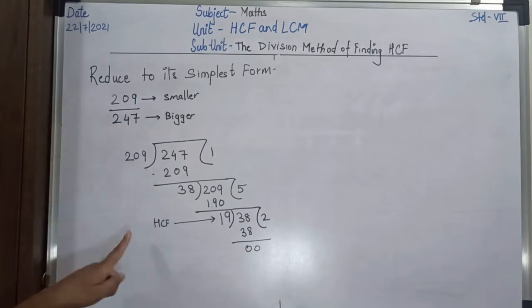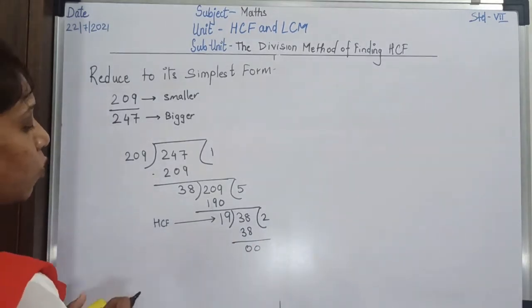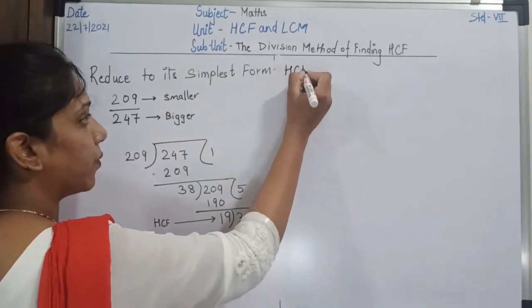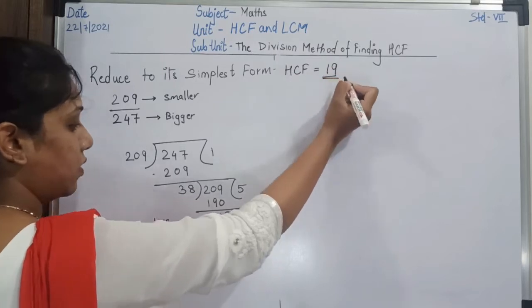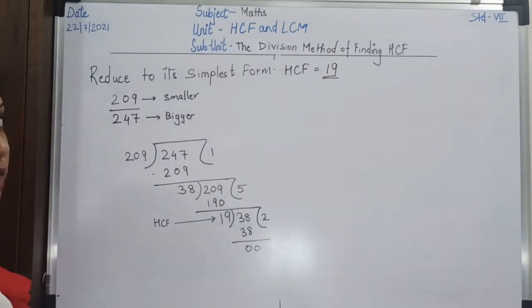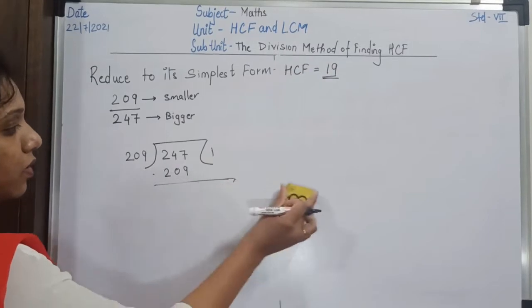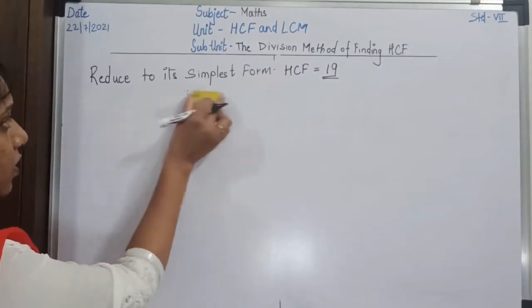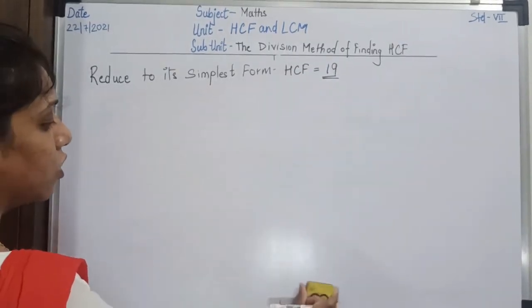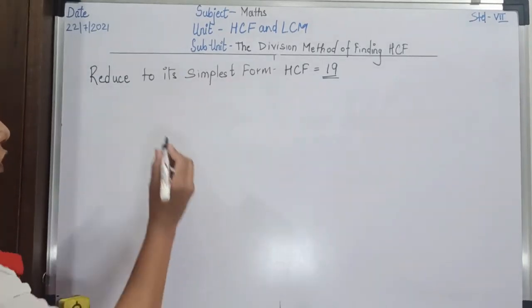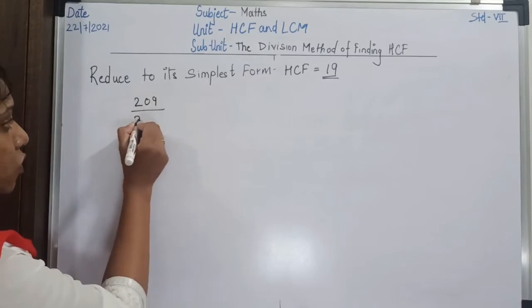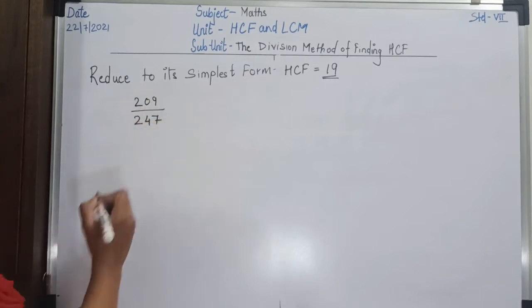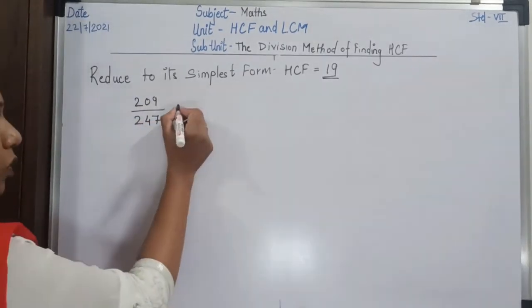Now we will turn this into the simplest form. We have the HCF. So what is the HCF? HCF is 19. I'll erase this. Okay children? So we have to reduce this to its simplest form. So 209 divided by 247 is equal to